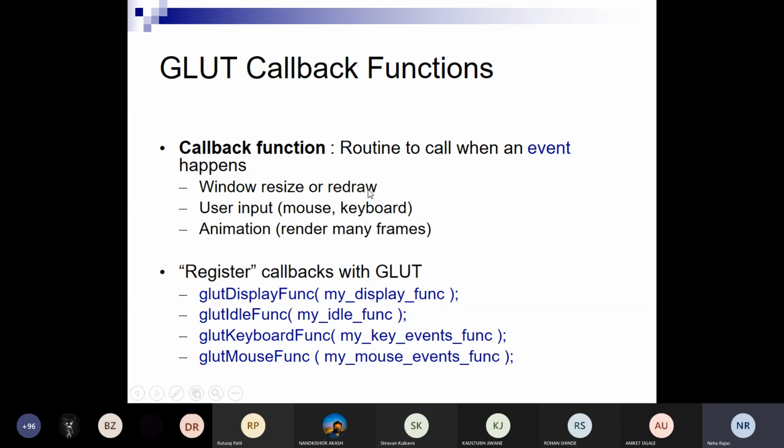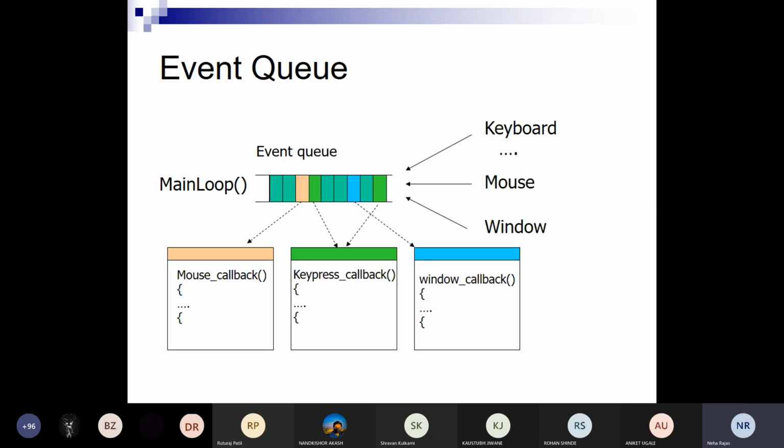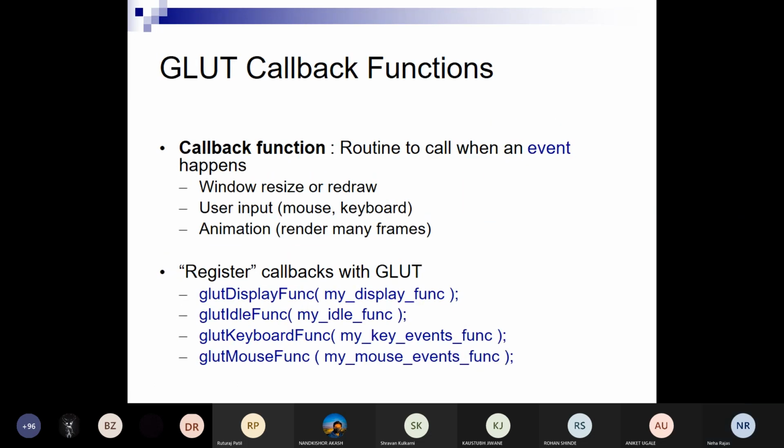Window resize और redraw. अगर suppose अभी आपको ये white portion दिख रहा है, if I want to resize this window, then I will use the window resize or redraw function to resize the window. Or another function is user input, that is ये कर्सर हिल रहा है, how can this cursor be moving by using the mouse, right? और if I press any key of the keyboard, then our slide goes to the next. These are mouse and keyboard.